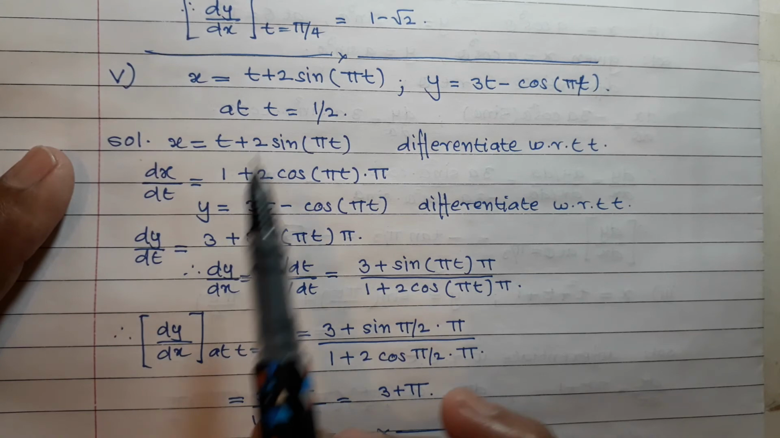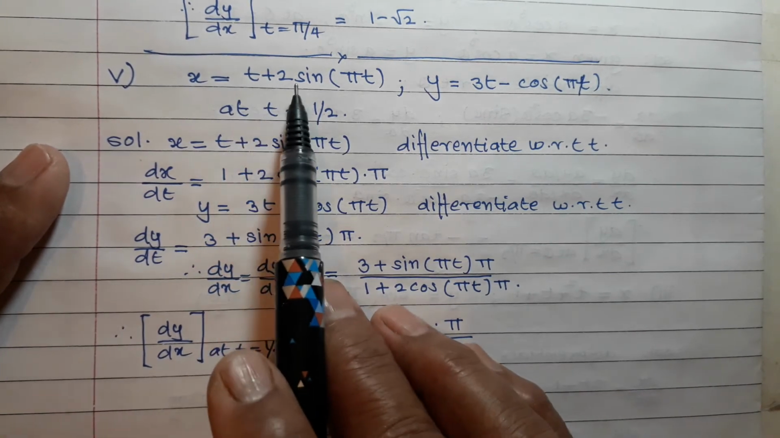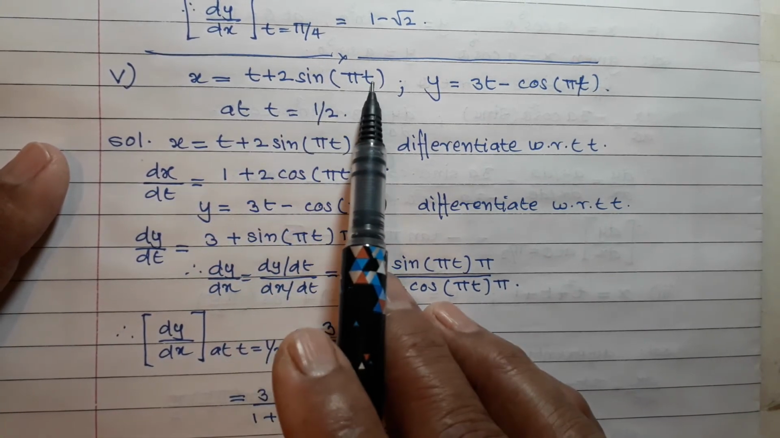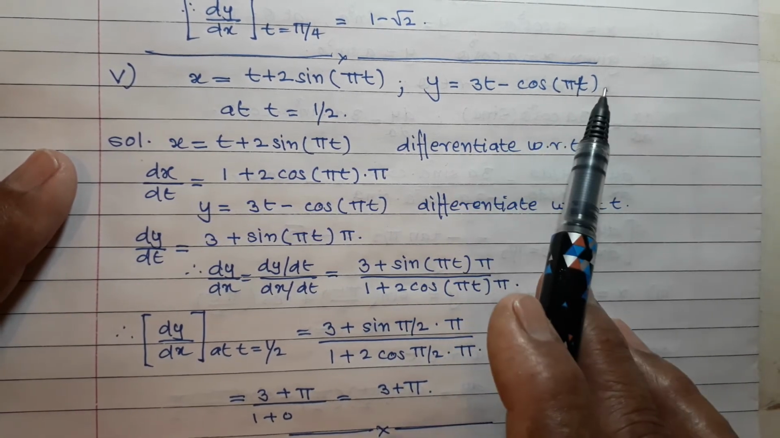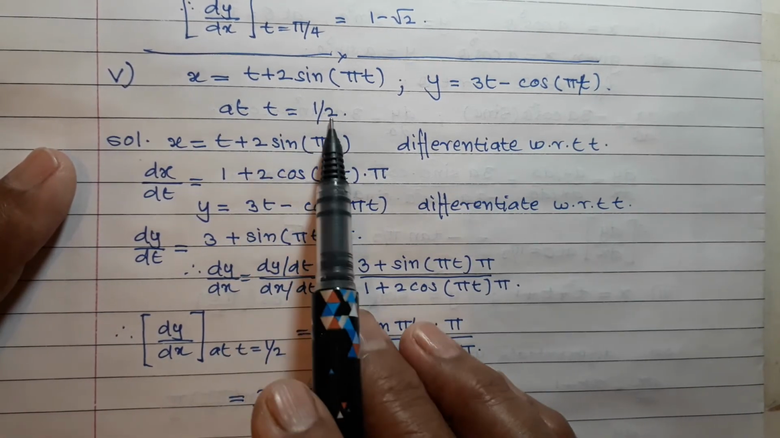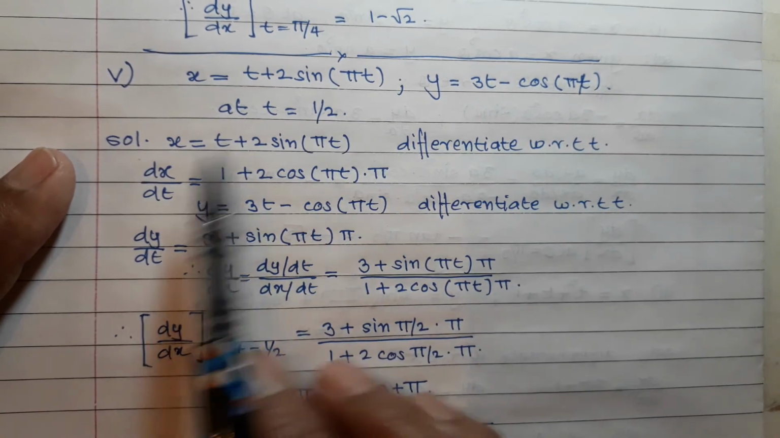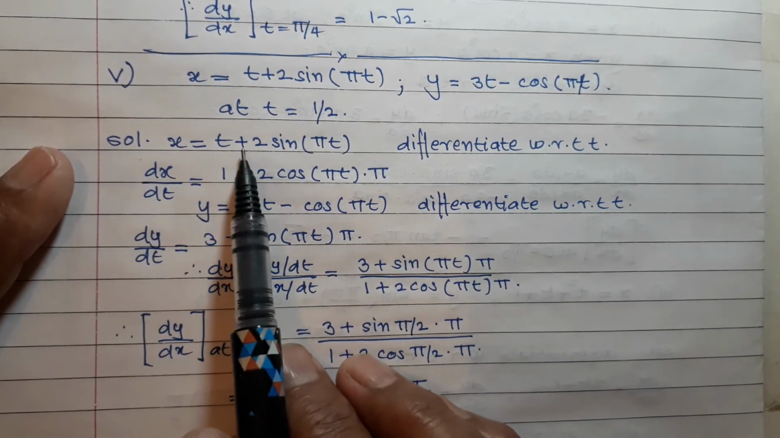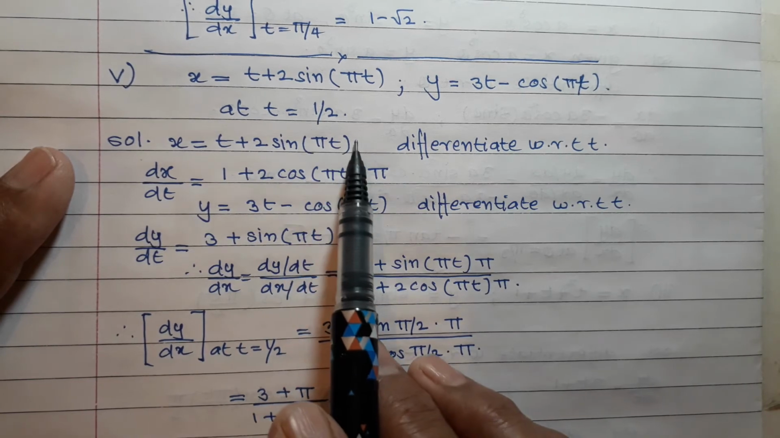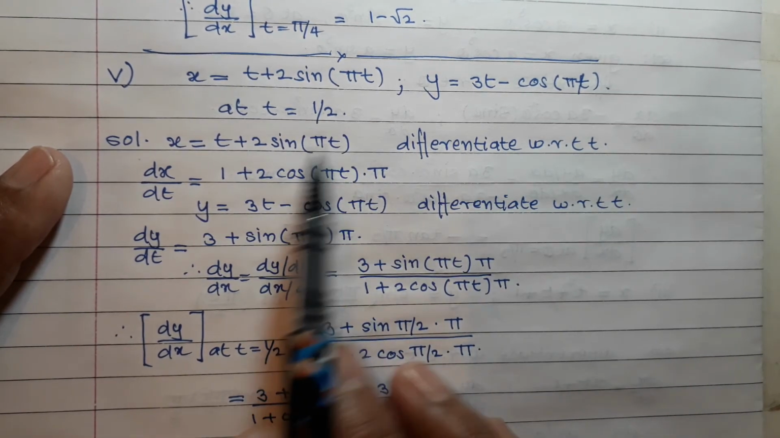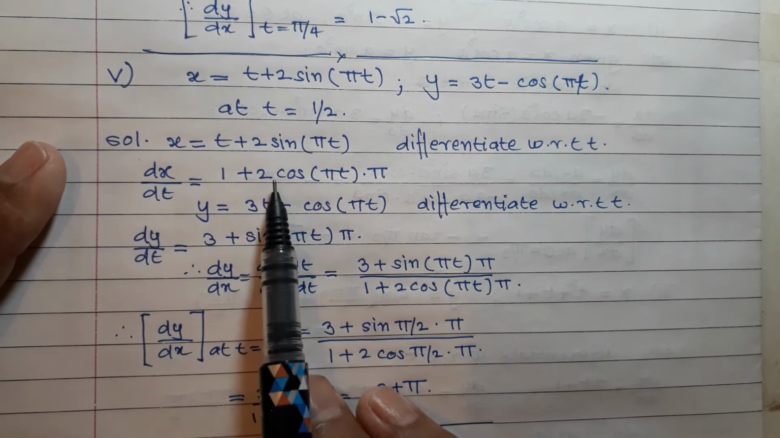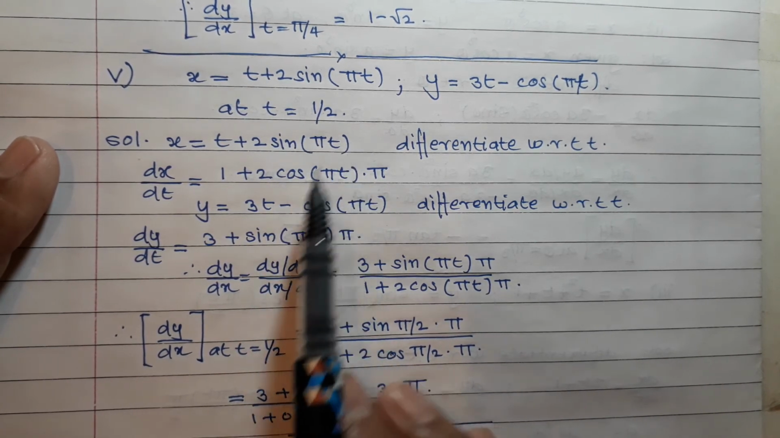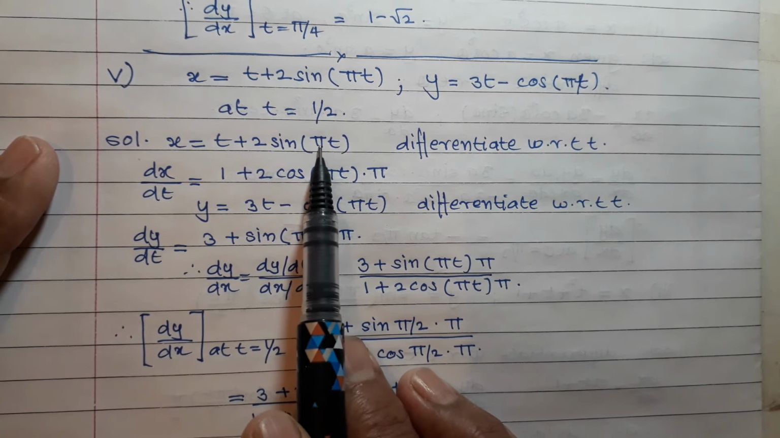Question number 5. x is equal to t plus 2 sin pi t, and y is equal to 3t minus cos pi t, at t is equal to 1 upon 2. Solution: x is equal to t plus 2 sin pi t. Differentiate with respect to t. dx/dt is equal to 1 plus 2, the derivative of this is cos pi t, and the derivative of pi t